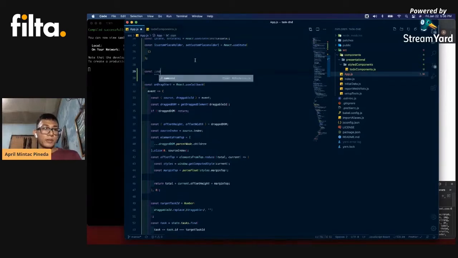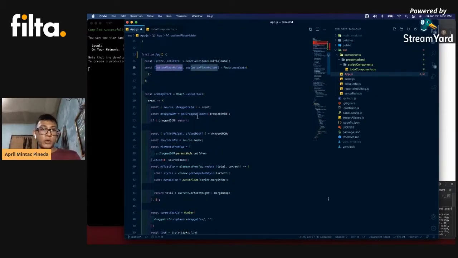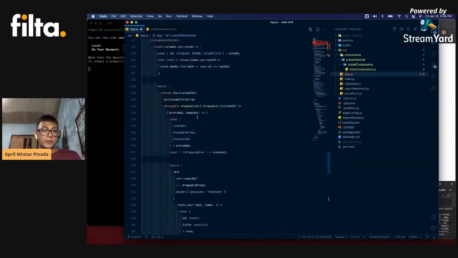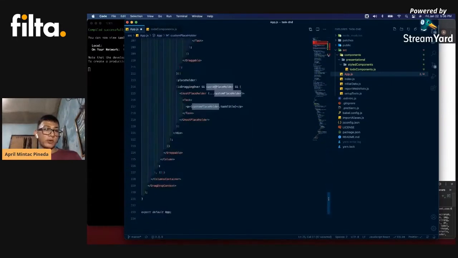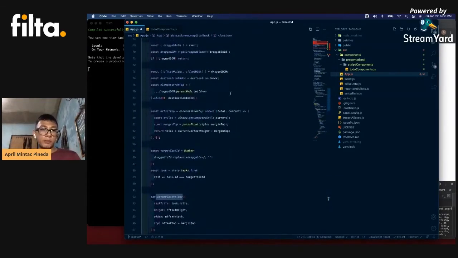So let's say compute, but before that, let's actually rename this one. This one's called custom placeholder. I think it should be called ghost placeholder props instead because it's actually being passed in here as a property and it's actually being used as props for the placeholder component.